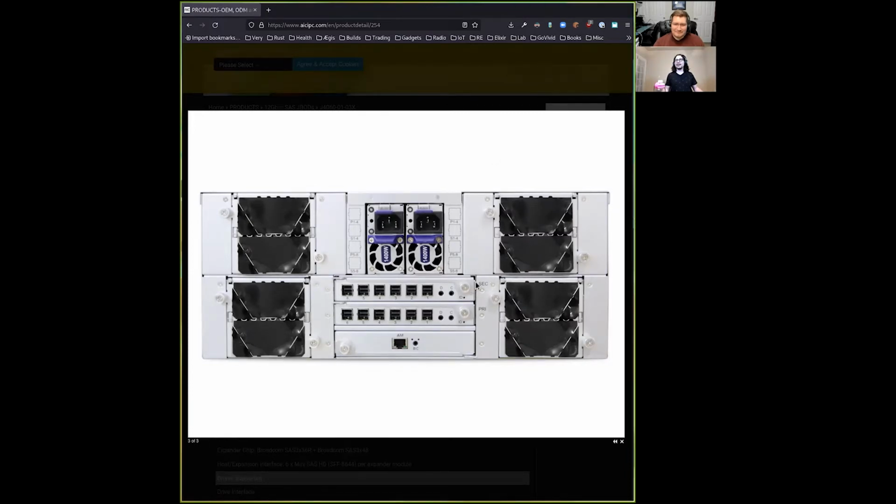So the top card is the secondary LSI card, a host bus adapter, HBA card, for connecting to your host system that will be reading these devices. And then the one at the bottom is the primary. The last slot is